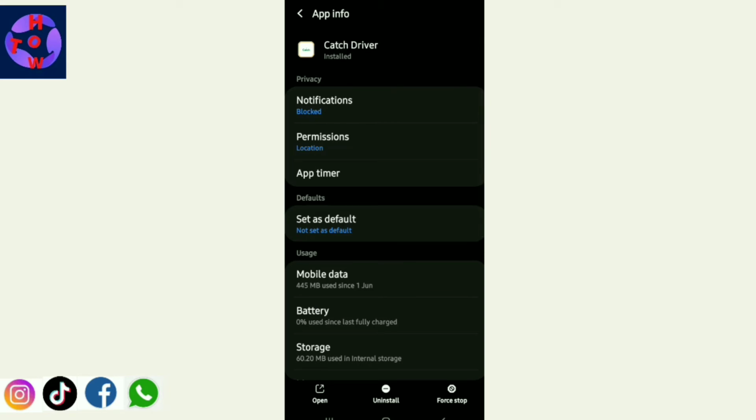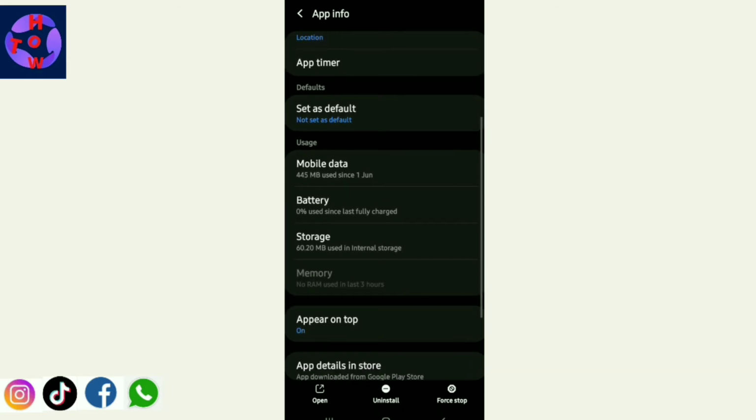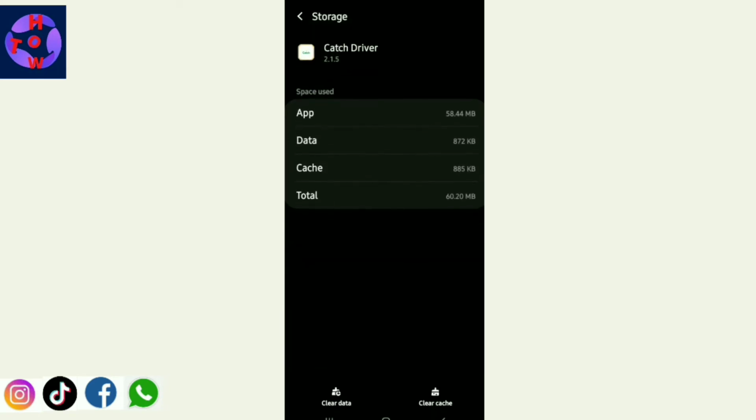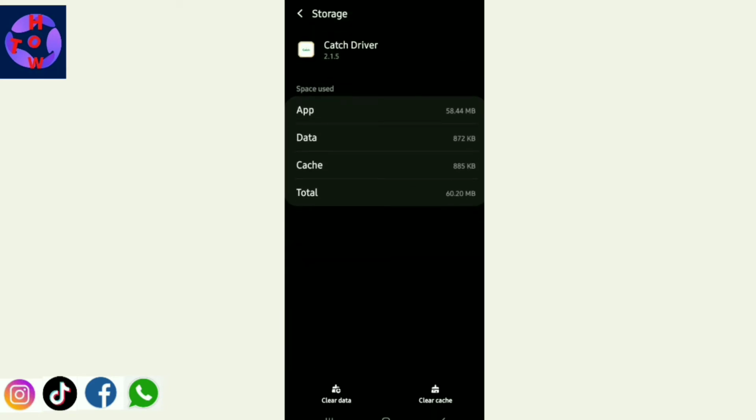Then you go to storage. You tap on storage. When you tap on storage, you just clear cache. You just tap here to clear cache, like that. Again, if the problem continues,